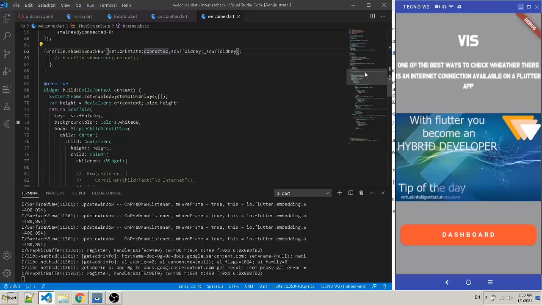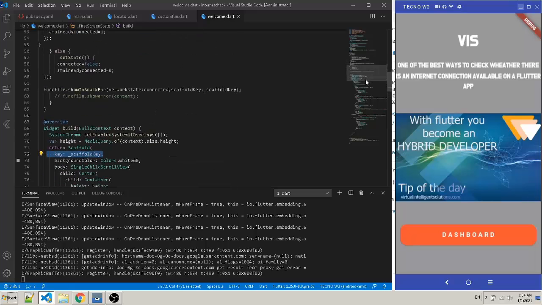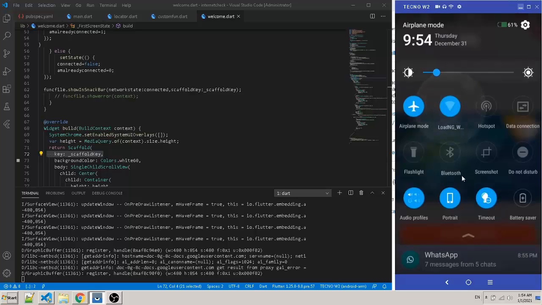So down here inside the scaffold, you must ensure you set the key of the scaffold here. Now let me show you. If you check my phone, see I'm connected to the internet. So if I switch off the internet like this,